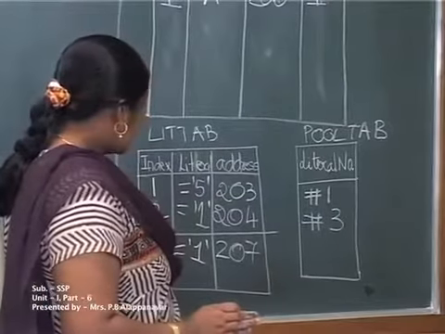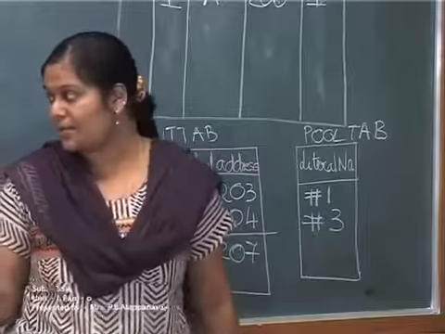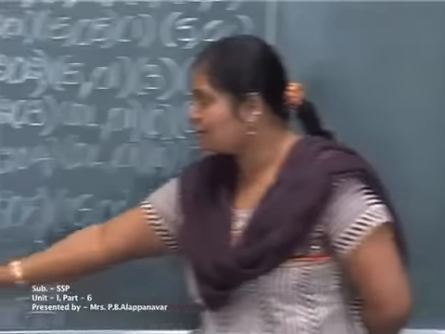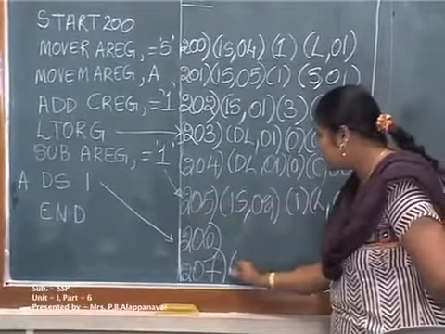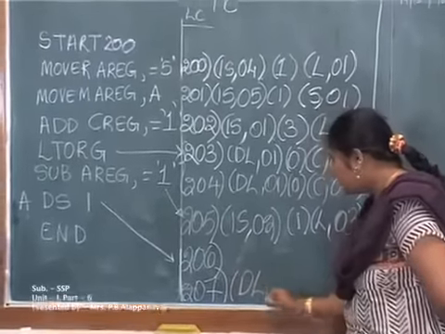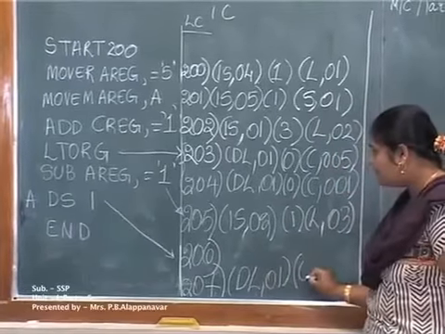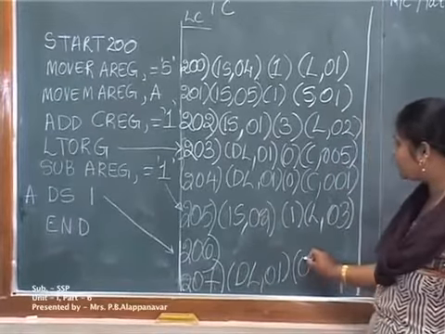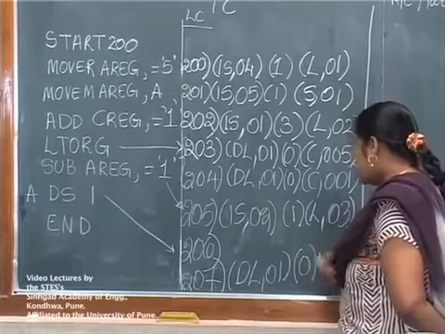So these are only the two literal pools that have been generated for this assembly program. And like I mentioned before, if there are literals, you are going to write them as a series of DL, 01 statements,